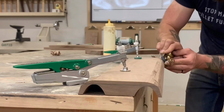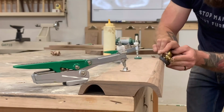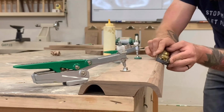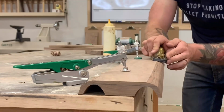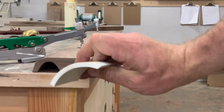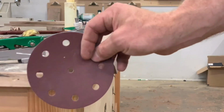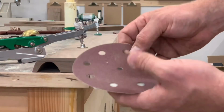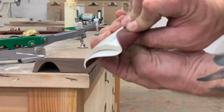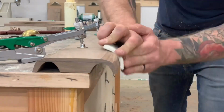So next, you're going to want to get a very sharp hand plane and just start knocking down all those little corners that you created on the table saw and joiner. Then I decided to take this little piece of 3-inch PVC pipe and cut it down to create a curved sanding block. This will help us maintain the curve on the front of our pole as we sand it smooth and get rid of any remaining ridges or bumps that might have been left by either the table saw or